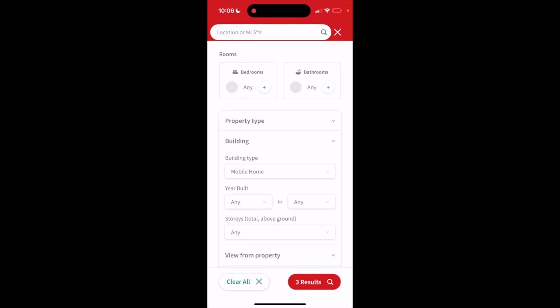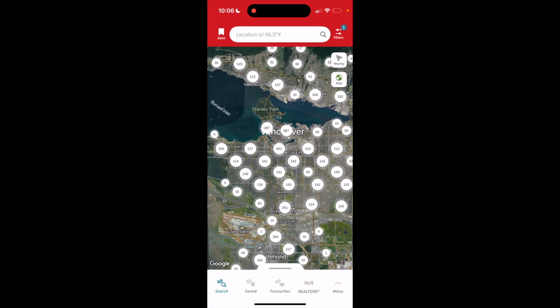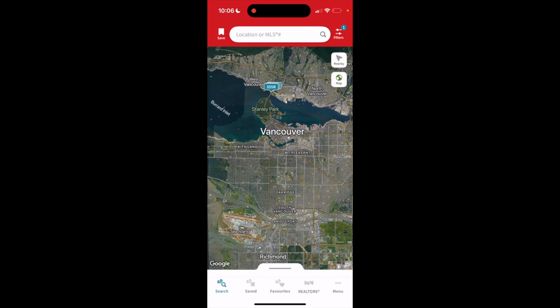Now what you're going to be looking for is mobile home listings that are for sale in your selected areas. So very simple, very straightforward. This is how to find mobile homes for